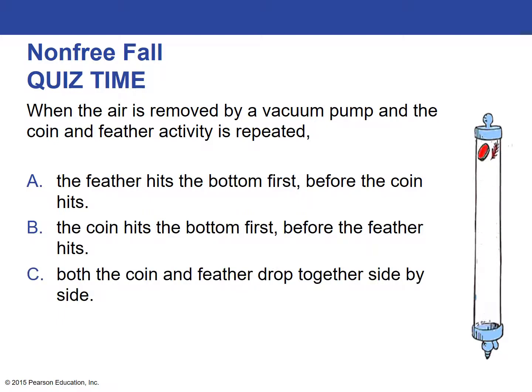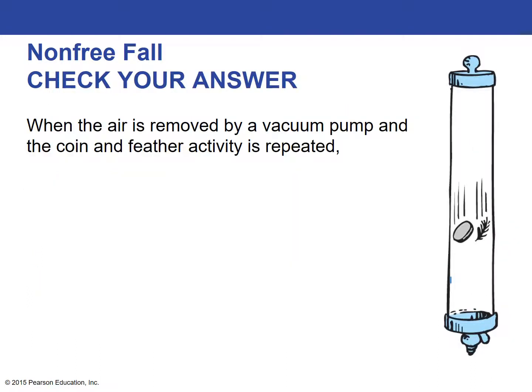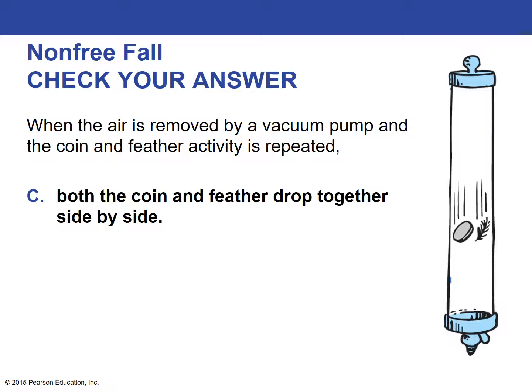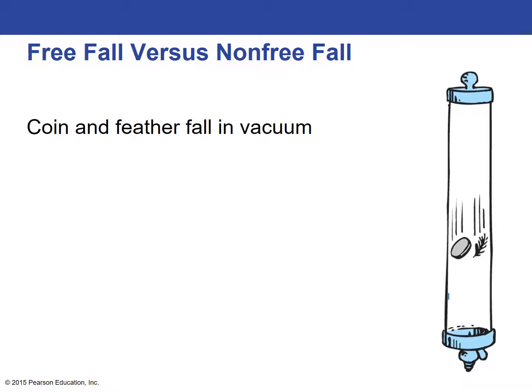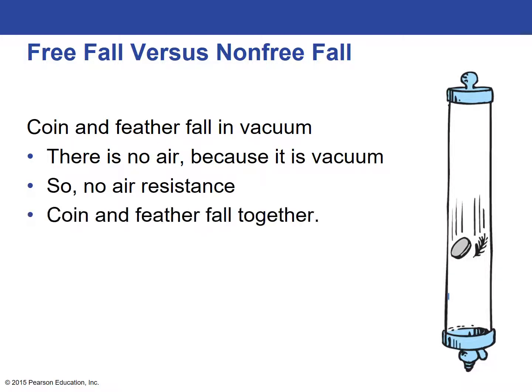And when there's no air resistance, the coin and the feather fall at the same rate of increasing velocity. They have the same acceleration and no counteracting force. So they both fall with the acceleration due to gravity. I'll find you a video so that you can see this for real. So when the coin and the feather are falling in a vacuum, there's no air. There's no air resistance, and